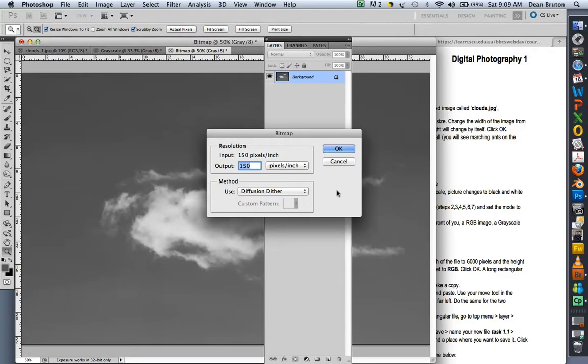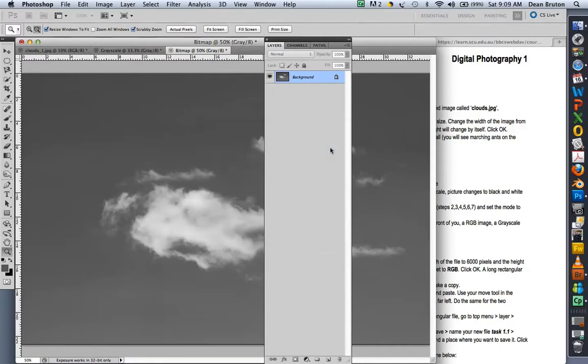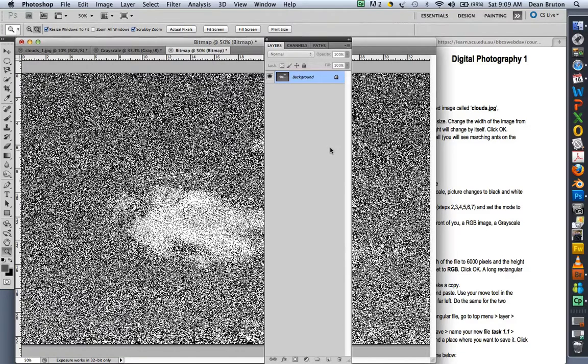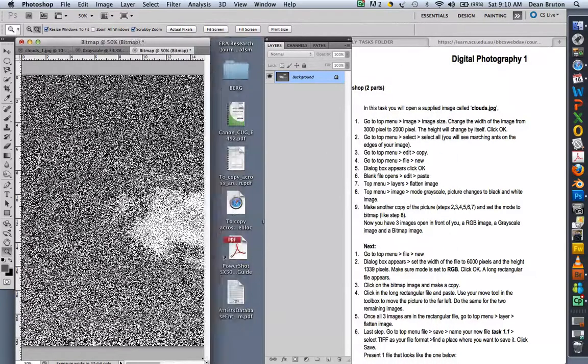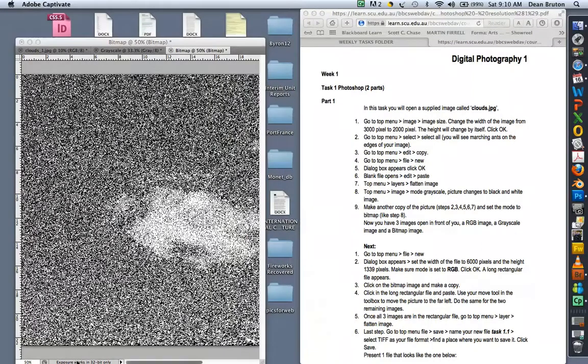You can see with the bitmap the resolution is 150. You can change the resolution to what you want. You can use different kinds of presentations of the screen pattern. You can explore those if you so desire. In this case, we'll just leave it at diffusion dither, and you can see this is basically a black pixel and a white pixel that will basically